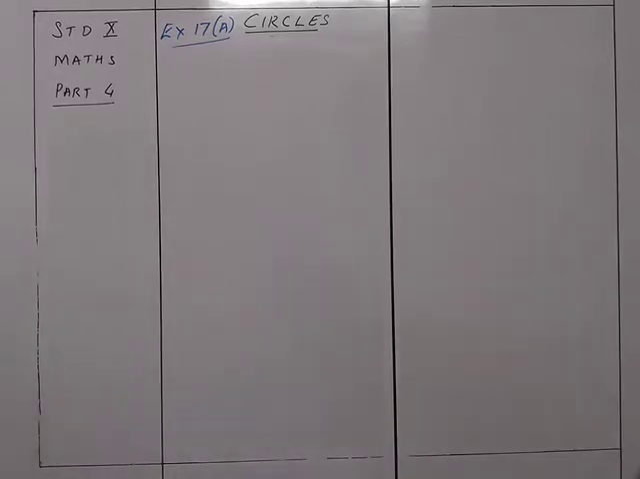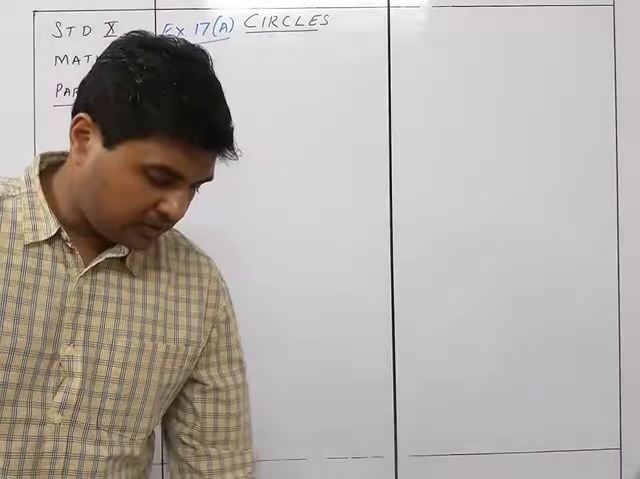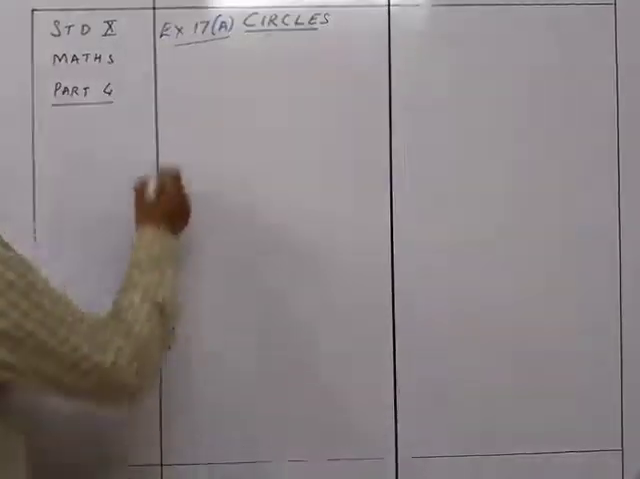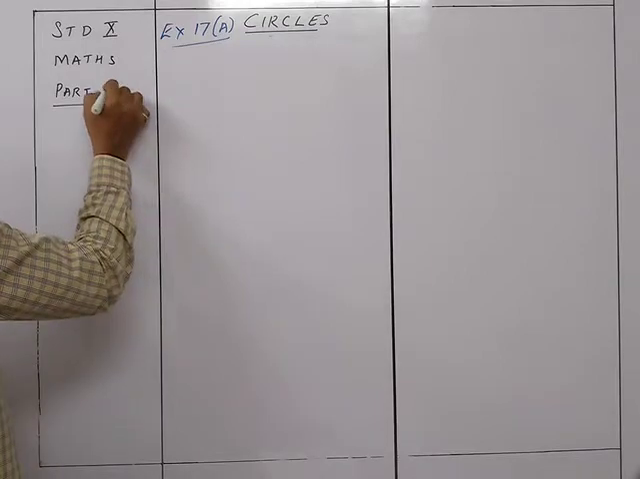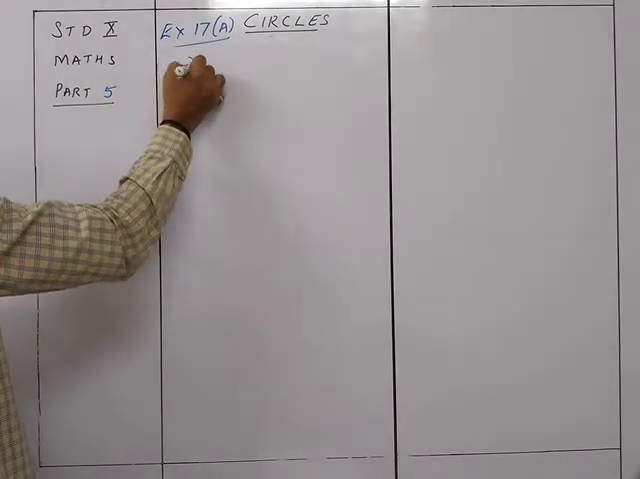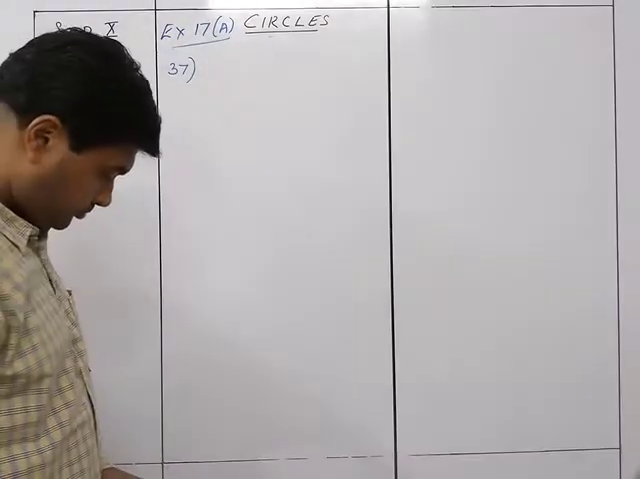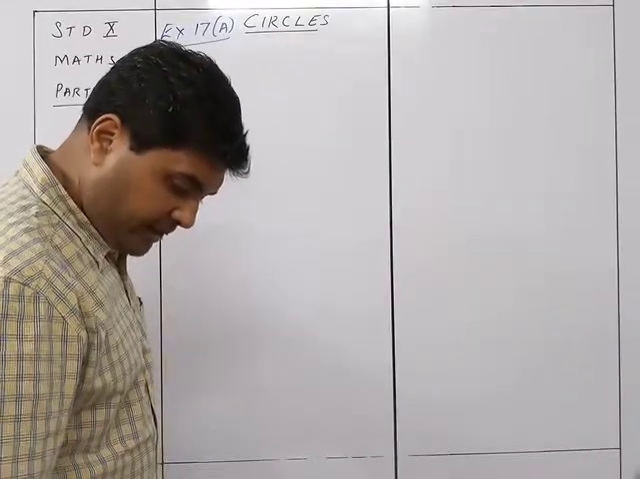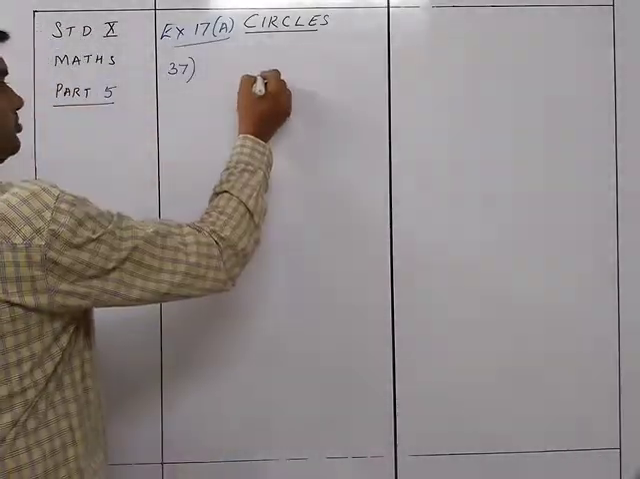We now continue with sum number 37. As 35 is cancelled, we start with sum number 37. So, sum number 37. The figure given over here, AB is the diameter, and so